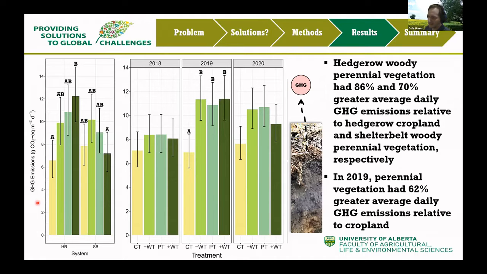Because perennial vegetation allocates more carbon below ground, we expect autotrophic respiration to be greater under perennial vegetation relative to cropland. Overall, further investigation is needed and is forthcoming to understand carbon cycling and compare total carbon stock differences across the systems and land uses studied here, particularly in relation to the greenhouse gas emissions across land uses.